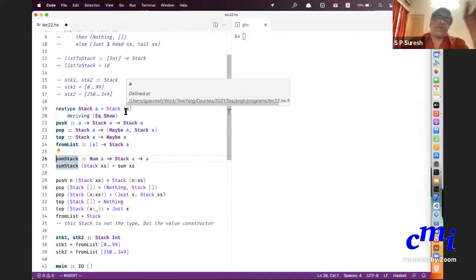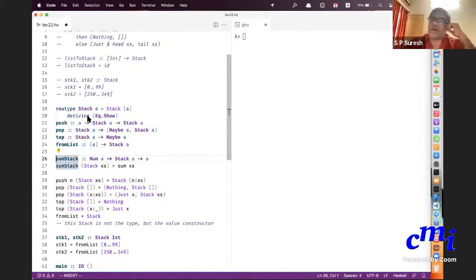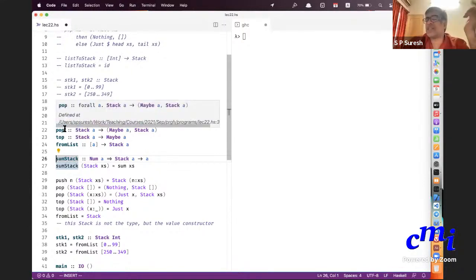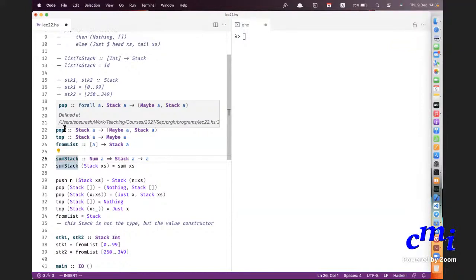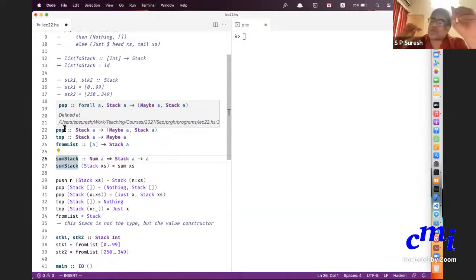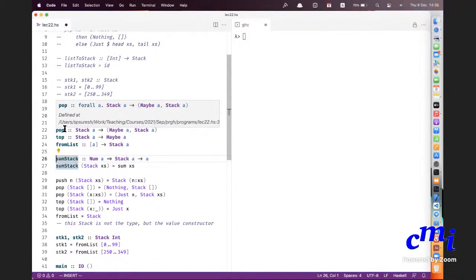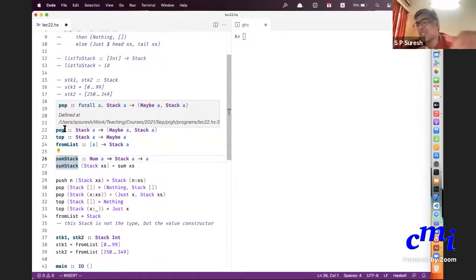The point is that you don't need to, because you might have multiple functionalities on a stack which do not depend on the underlying elements being Eq. So you do all these restrictions only at the function level, not at the type level.